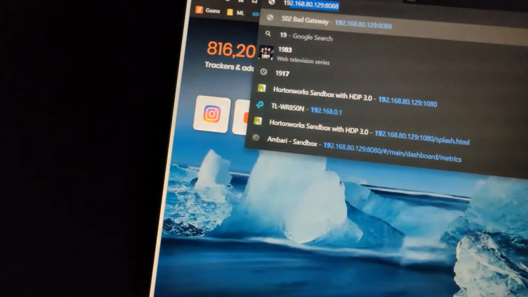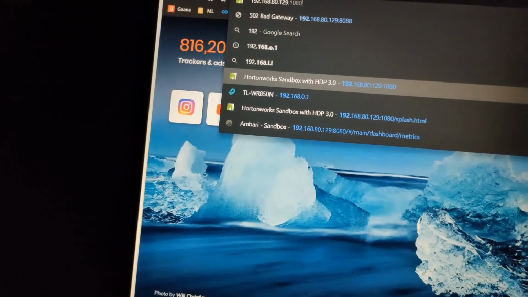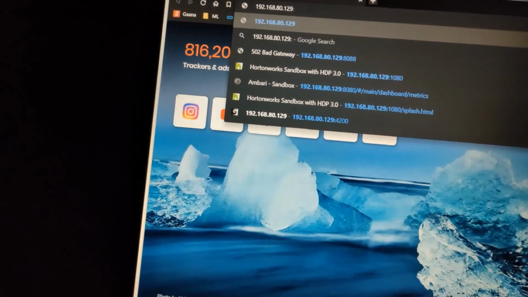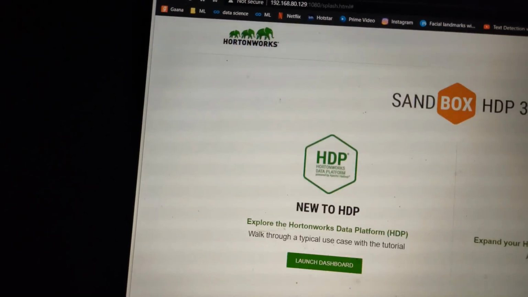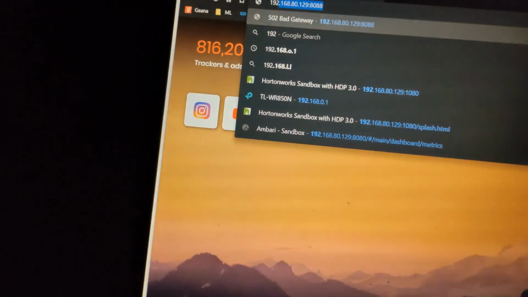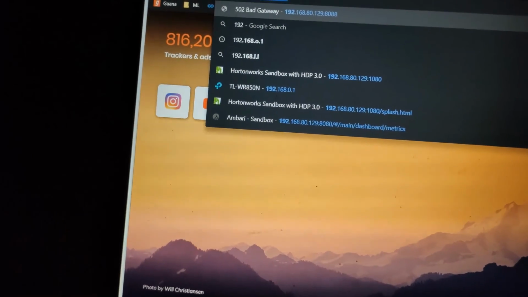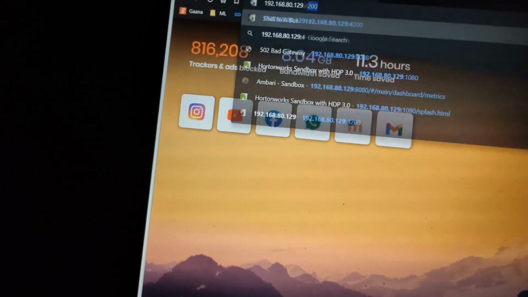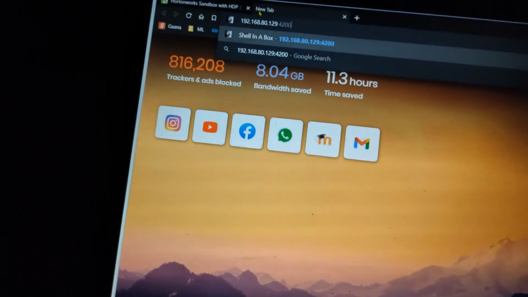Then on port number 4200 we get the command line interface of the Hortonworks Sandbox. So that's all from my side. Thank you.